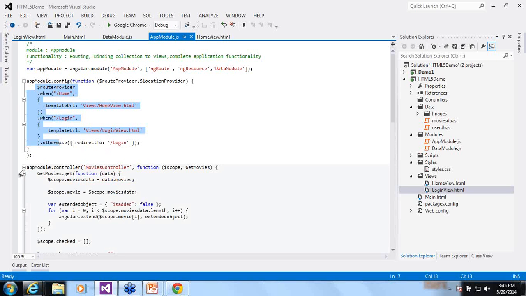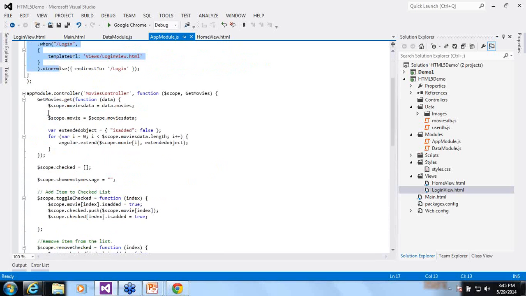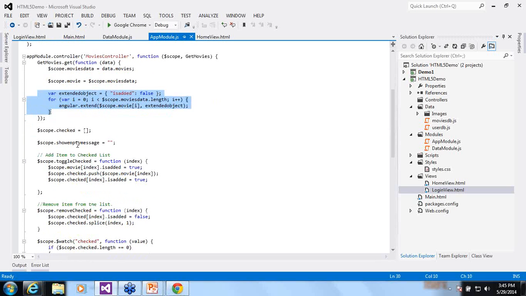Then we have our movies controller object, wherein we get the set of movies, and another property is added. Then we have an empty array and an empty message to bind to the checklist.